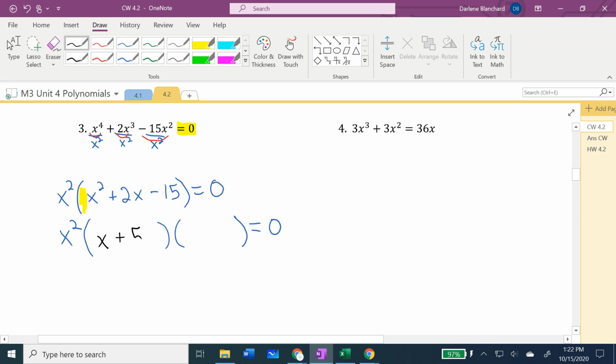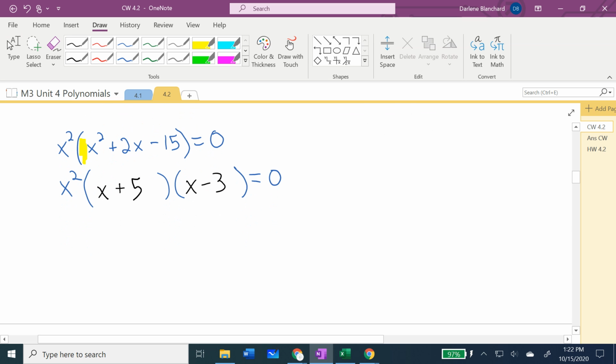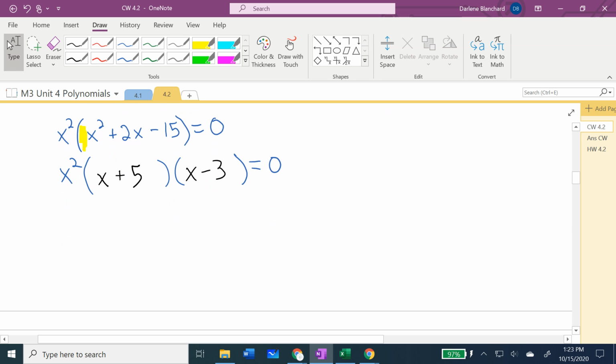So x plus 5 times x minus 3, positive 5, negative 3, multiply to make negative 15, positive 5 and negative 3 add to make positive 2. So that is properly factored. That's a quicker way of factoring, but it also leaves out a lot of thought processes that the diamond box goes through. Now, once you have factored as much as you can, then you have the step of take 1,